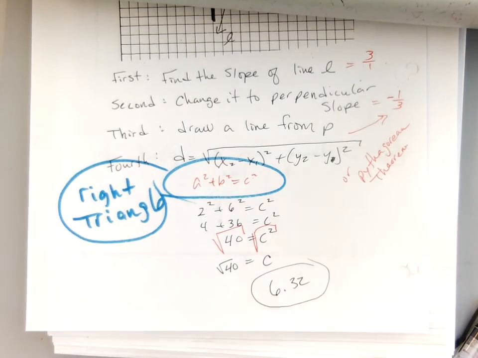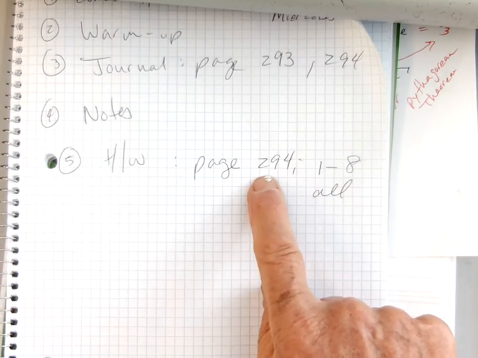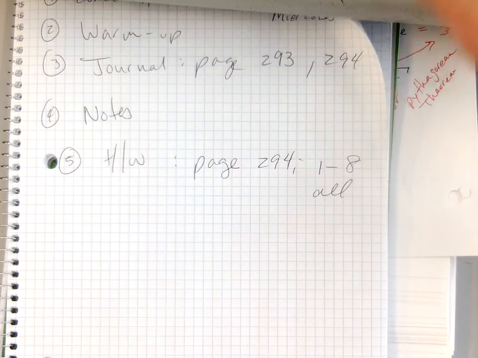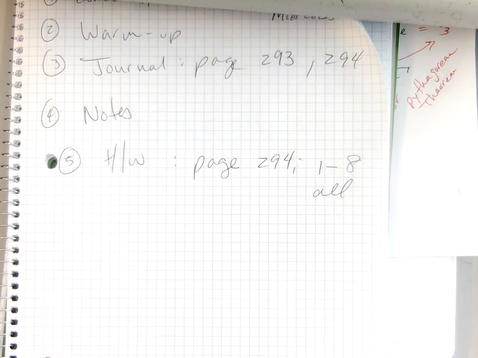What do you think? Okay. So we need to do some of these, and we have time. We've got about 20 minutes in class. Here's your assignment. 294, 1 through 8 all. It's out of your journal. And then we've got plenty of time to get this